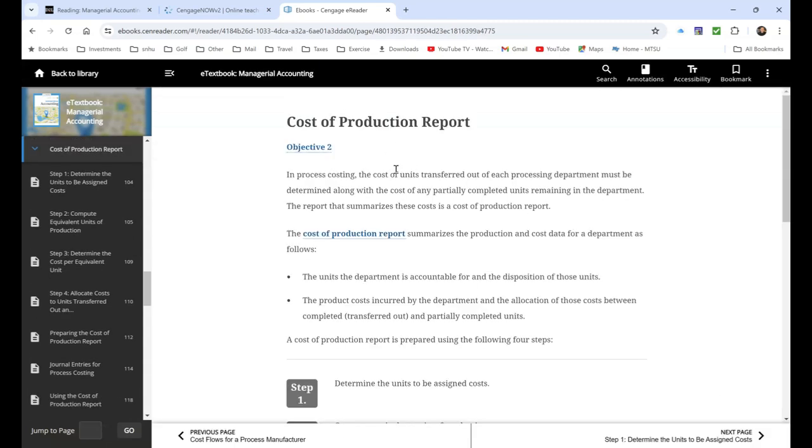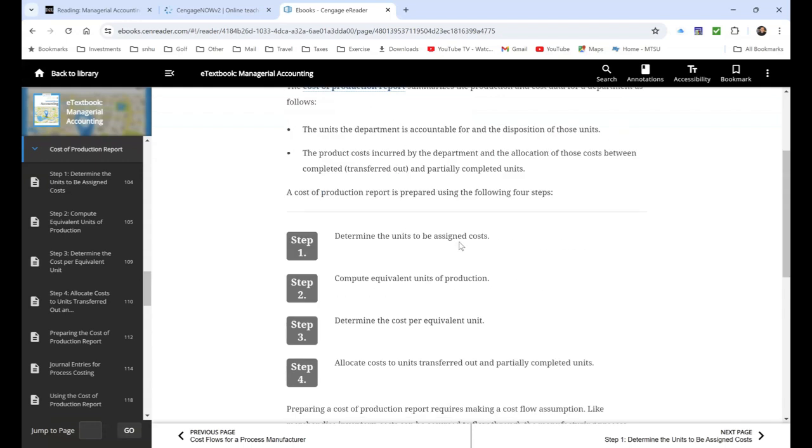So for cost of production, we want to determine the number of units to be assigned cost. That's going to be dependent upon the total units we've completed and the total units that aren't completed. Now, we would have had a beginning inventory. So at the beginning of the month, we're going to have work in process. And so those are going to be assigned costs based on their percentage of completion. And then we're going to add the cost